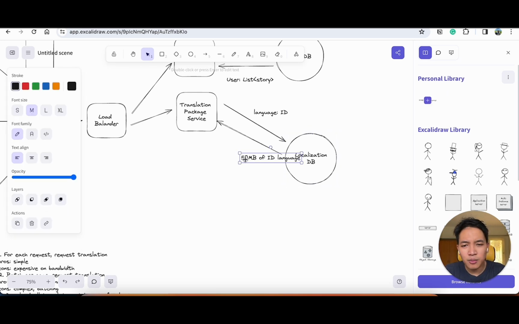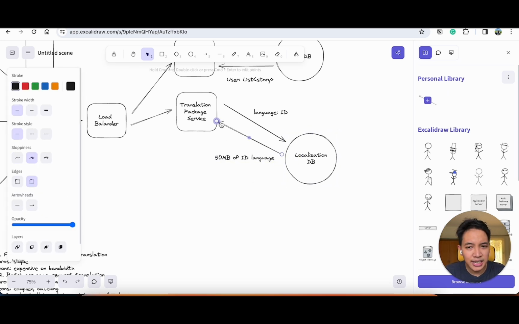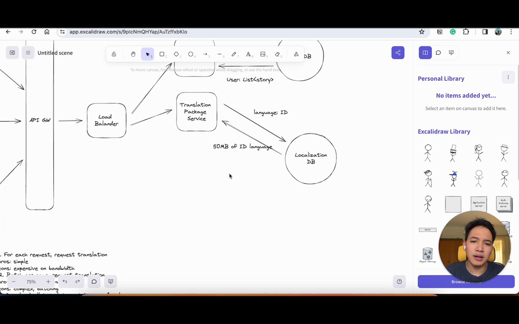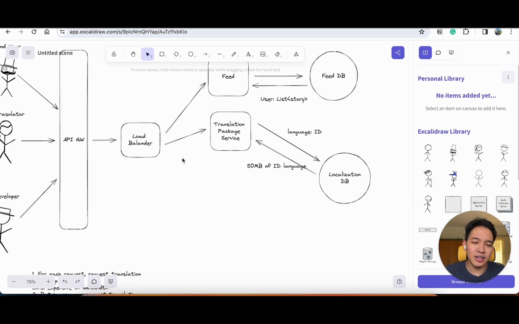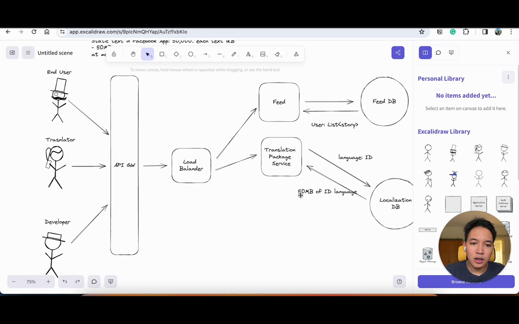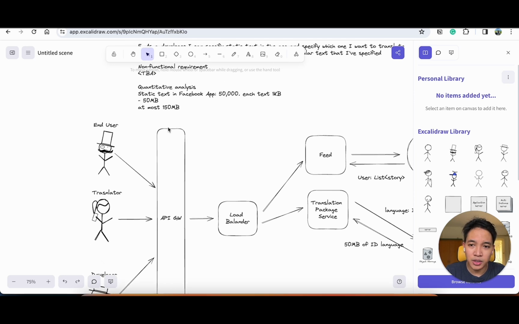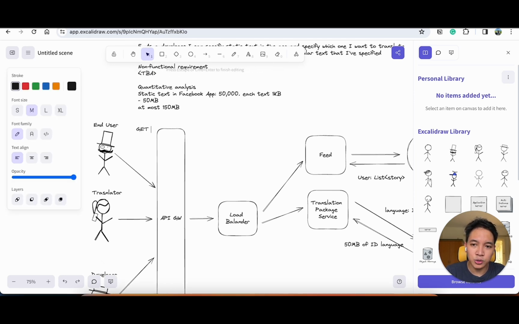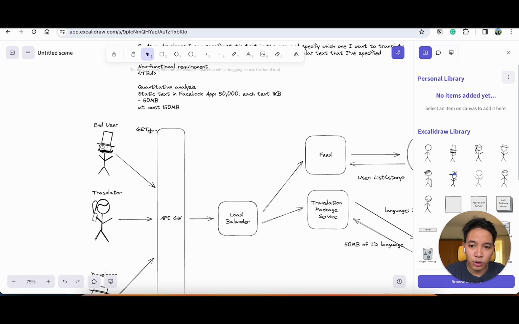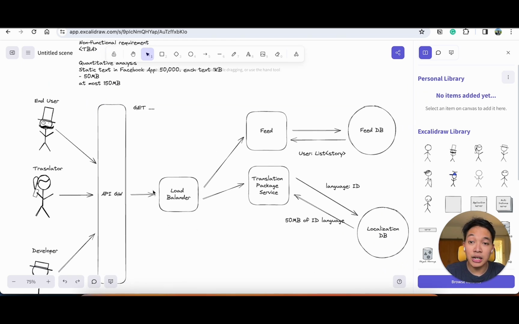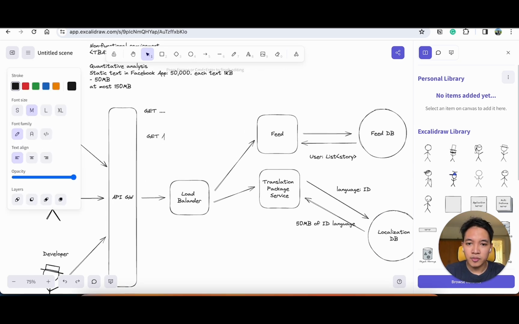We can probably think about how to scale this with something like a CDN, but we can think about that later, right? So this means the end user, when they are requesting the feed, it's going to be a simple GET API. I'm not going to go through that particular request because it's not that important for the system. But I need to think about what kind of requests we are making to the localization DB. So this is going to be a GET